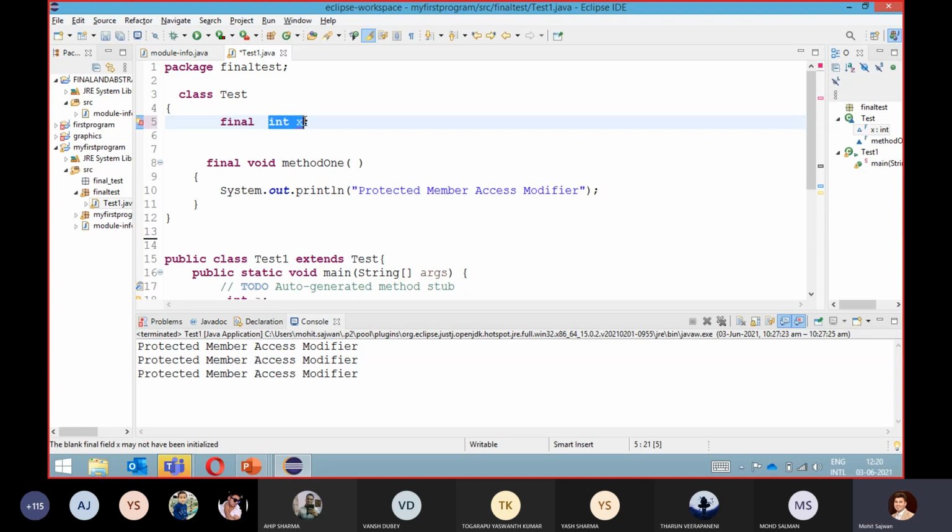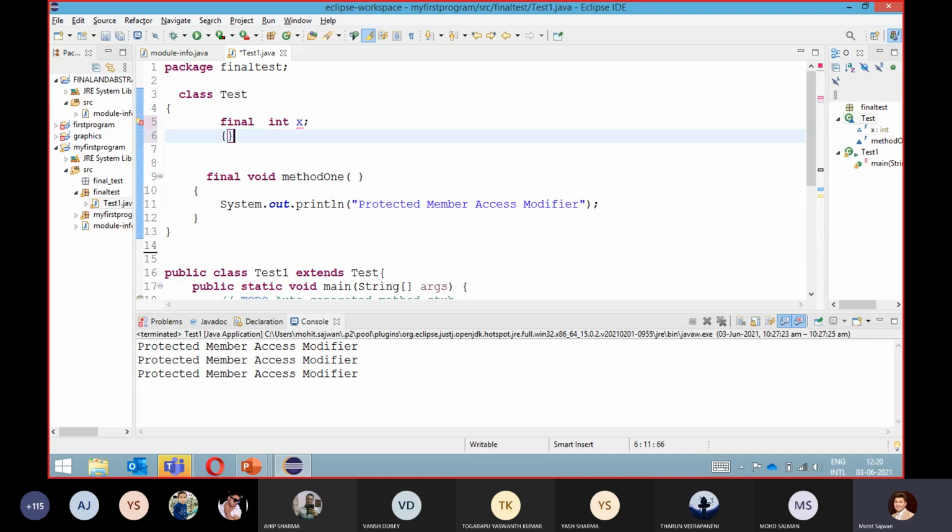So it means that it is mandatory for you to initialize it. That is why if I write 10 over there, you can see I'm not getting any error. But if I do not initialize it, then I am getting an error. And one more thing is that with the help of instance initialization block, so you know